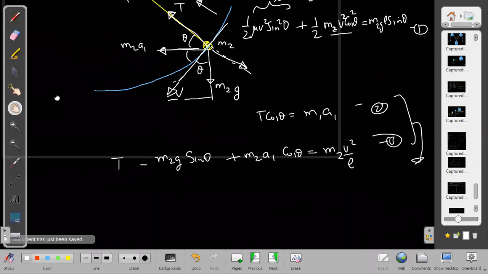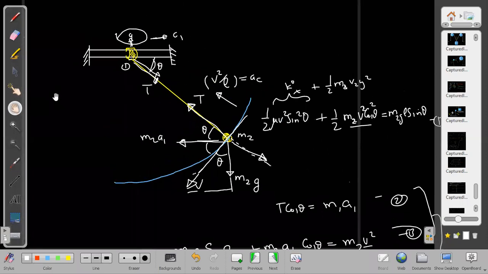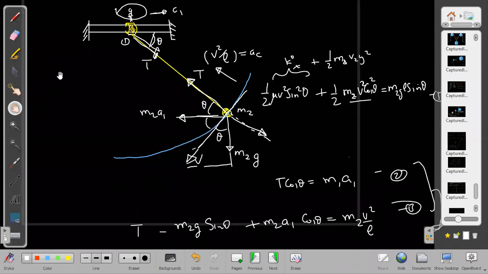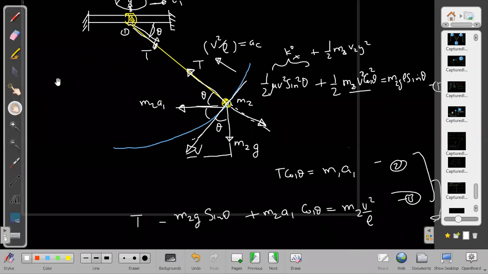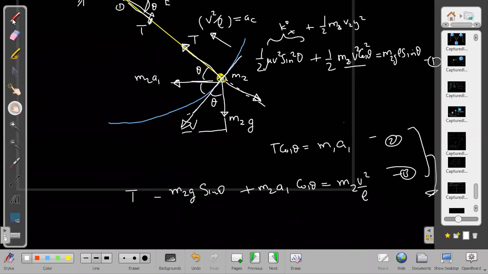Okay, sir. But one more thing I could have done here. Sir, here V itself is V relative between A and B. By 2 and 3 I can minimize 2 and 3 also together. I can say m1 a1 by cos theta, m1 a1 by secant theta we can write instead of T. Yes, sir. And then we can get A1 from here and V as known.